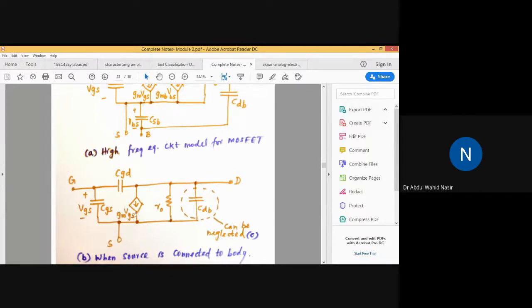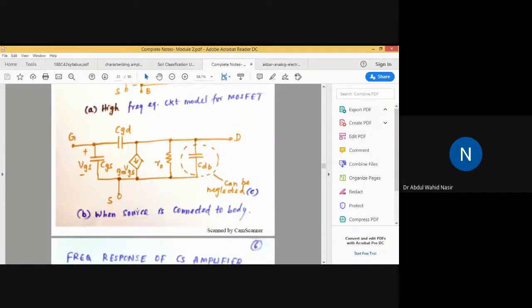So now this is your final high frequency equivalent circuit model. If you compare the previous model and this model, it is the same only. But the thing is that earlier in the hybrid pi model, we were not considering the internal capacitive effects, so there was no connection between gate and drain, and no connection between gate and source. But now that connection is there, and it is made by using the internal capacitances. Here we are considering the connection by CGD, and here by CGS. That is the main difference. Okay. So clear? Any doubt?